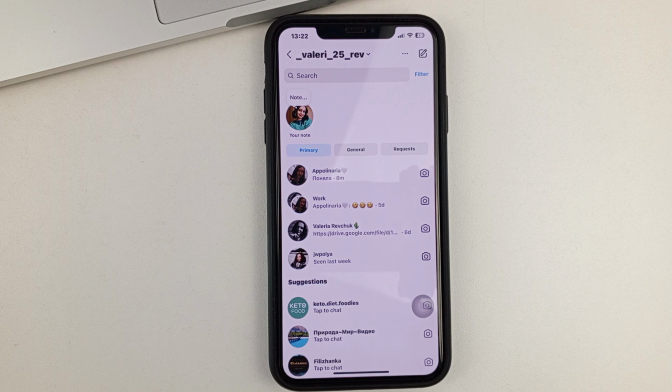And that's how you'll be able to delete a chat on Instagram. In order to do it from both sides, so to speak, then you need to ask the person that you deleted the correspondence with to do the same thing. You'll need to delete it. It is very important not to transfer, for example, to the general or block, but exactly to delete the correspondence. Only in this way you will be able to delete the Instagram chat on both sides once and for all.